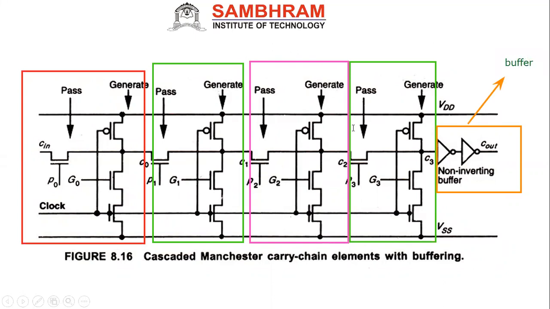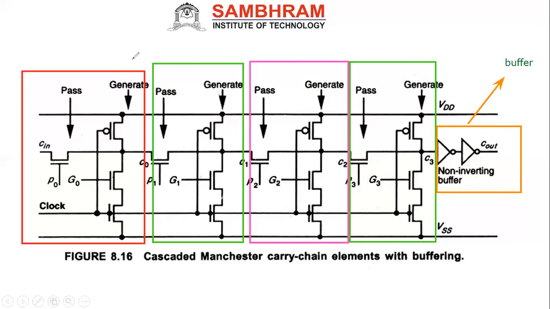Now see here, each and every stage cascading has been done. Here I said P(k) and G(k), which are nothing but P0, G0, because k varies from 0 to n minus 1 based on your number. This is a 4-bit adder. So this is propagating P0, G0. Finally, the new carry is generated, given as C0. Then P1, G1. Again, C1, I get the new carry. That will be the input for the next, P2, G2. Next, this will be your C2, P3, G3. Next, I get C3. Then I have to give the non-inverting buffer. This is your C out.